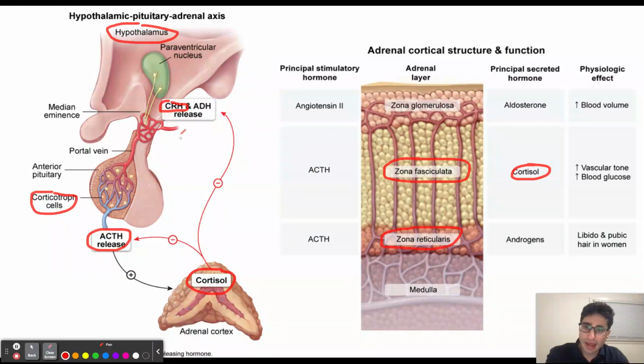which is then going to atrophy the sites of the neurons that produce CRH within the hypothalamus, as well as the corticotroph cells that produce ACTH. So, as a result, long term suppression of these areas can lead to adrenal crisis because we won't be able to produce cortisol when we need it in response to stress. So, this patient has been experiencing stress from the surgery and she needs cortisol in order to properly maintain her